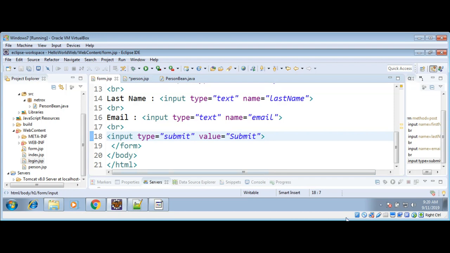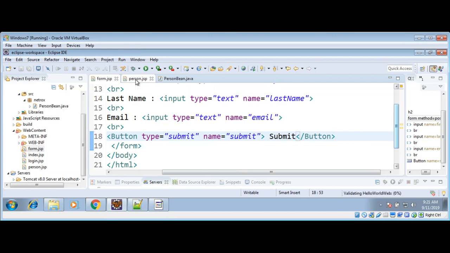Over here, I will change it to button. Button, type submit, and I will add the name. We will use this one in JSP, that's why. Submit, and over here I will add what will be shown on the button. It's already added. Okay, I just need to save it and go back to our person.jsp,